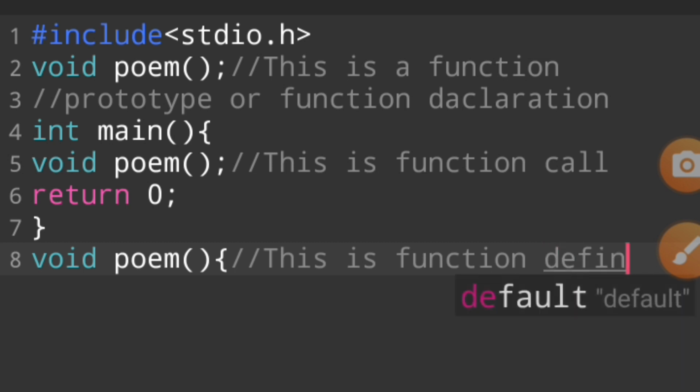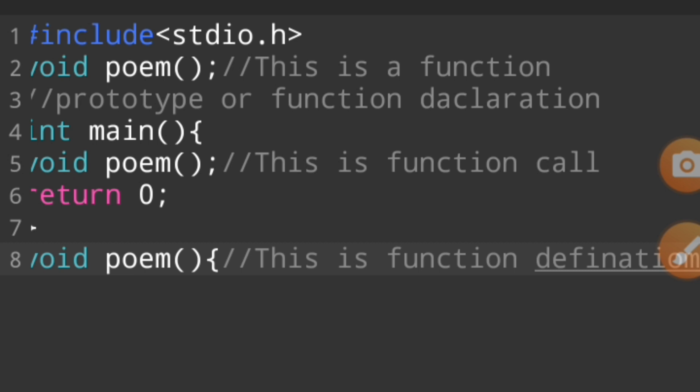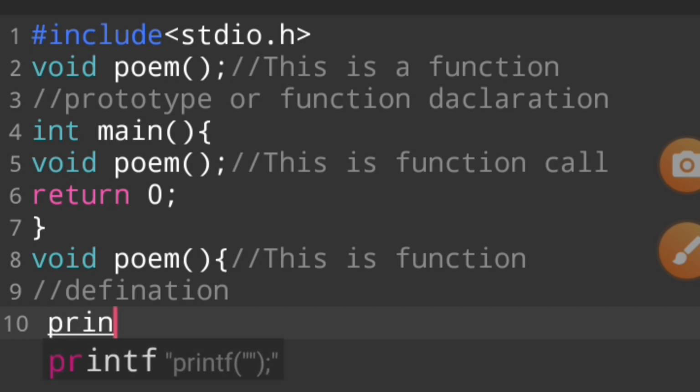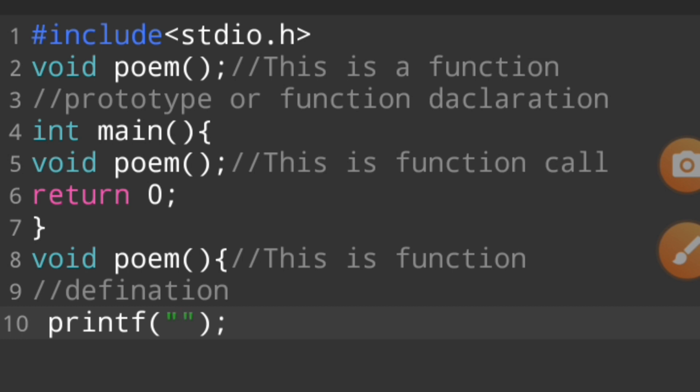Function definition, sorry, this is the function definition. And then in this area we write code, and we use the printf function to write a poem.